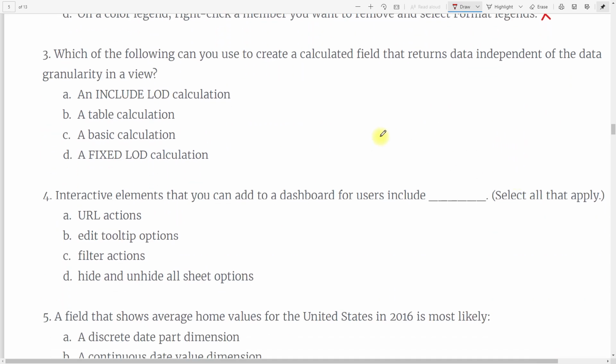Okay, so the next question. Which of the following can you use to create a calculated field that returns data independent of the granularity in the view? So here we have the options: include LOD calculation, table calculation, basic calculation, fixed LOD. If you are familiar with LOD calculations, it is very easy to answer this question. Right away you can say fixed LOD is the right answer,